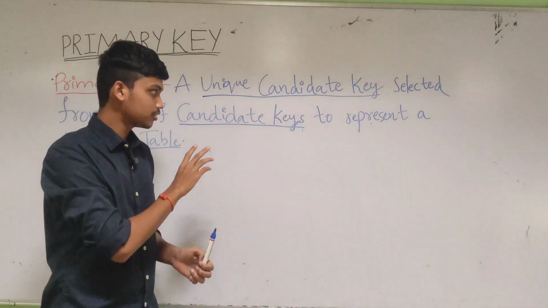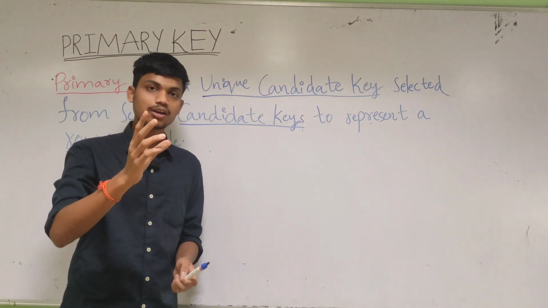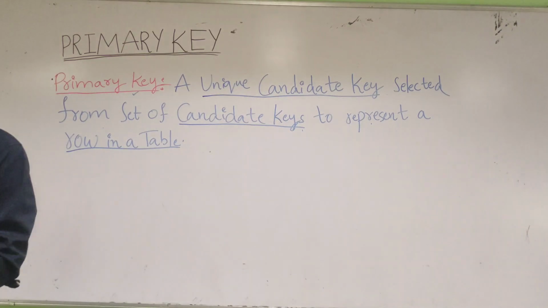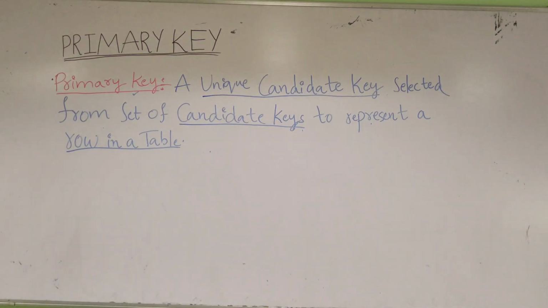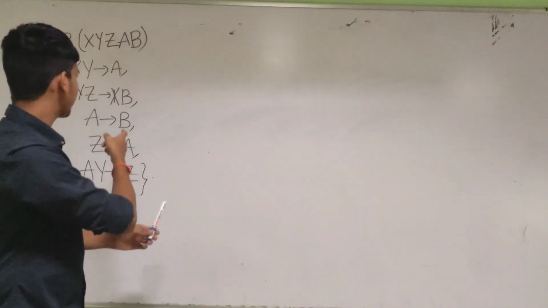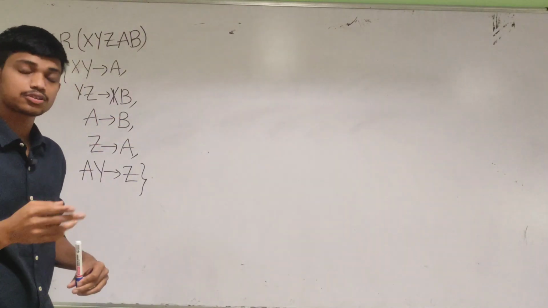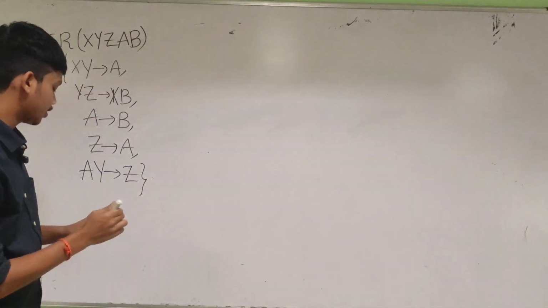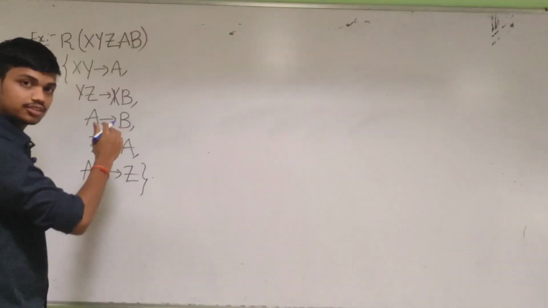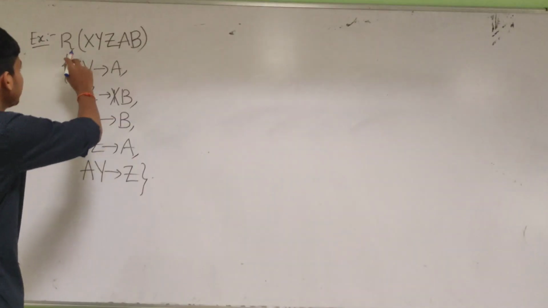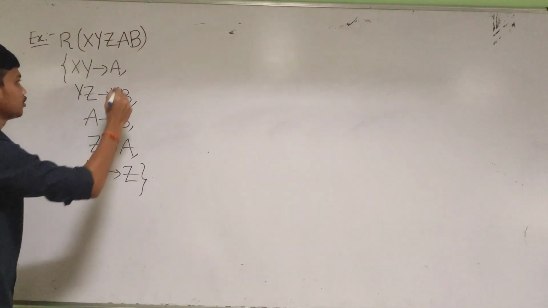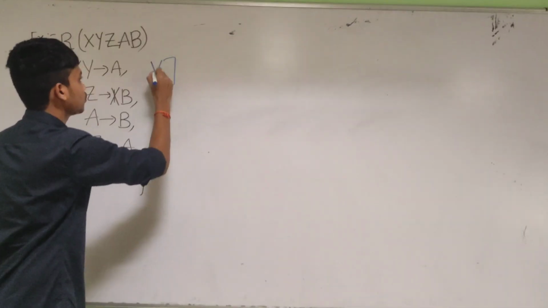Now we are going to discuss an example. Through that example, you can understand this concept very well. Now note it down. I am taking the same example I explained for the super key and candidate key, because you can understand very easily if I take the same example. A relation R is given and this functional dependency set is given. Now we need to calculate the closure.